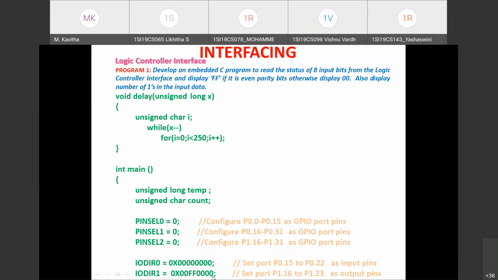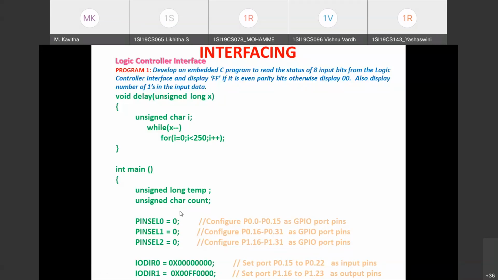The least significant bit positions are 0 to 3, then 4, 5, 6, 7, 8, 9, 10, 11, 12, 13, 14, 15. Next 16, 17, 18, 19, 20, 21, 22, 23. Only these 8 bit positions in the IODIR1 register are to be 1. To configure any port pin as an output port pin, we need to write a 1 to the IODIR register.